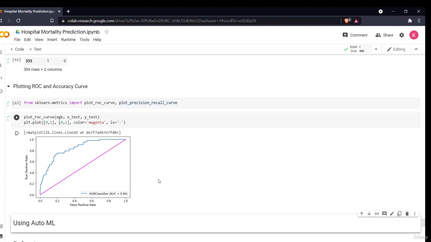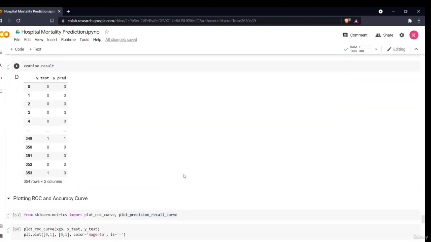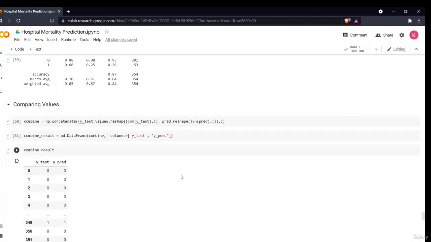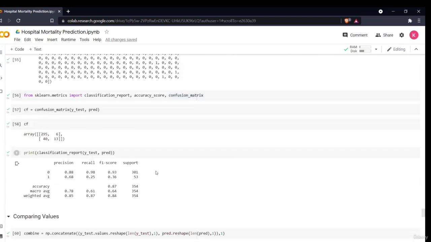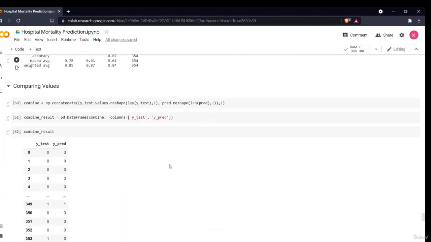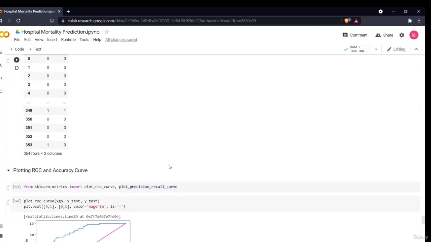That means my model has performed quite well, and if I hypertune this model, I can take it to greater accuracies. The next thing we'll be doing is seeing how to use automated machine learning. In this section I only used the XGBoost model, a single model, and I did not hypertune it. I did this on purpose to make you realize how good the PyCaret library is, because in the next section we'll see how we can use PyCaret to do all of these things, even hypertune our model, and compare the results obtained by our conventional machine learning models and by the PyCaret library.